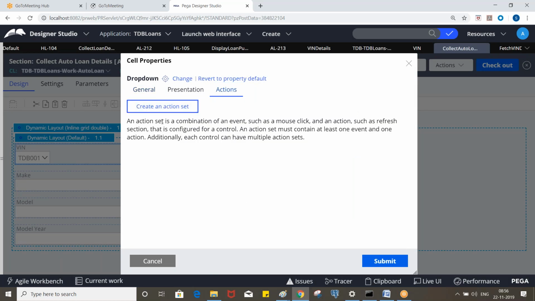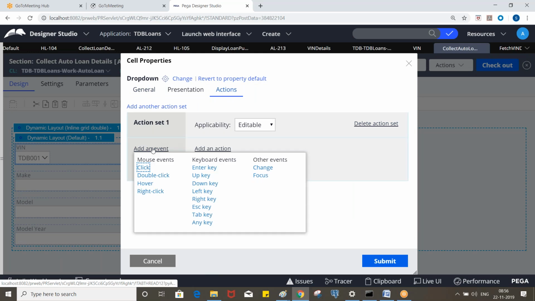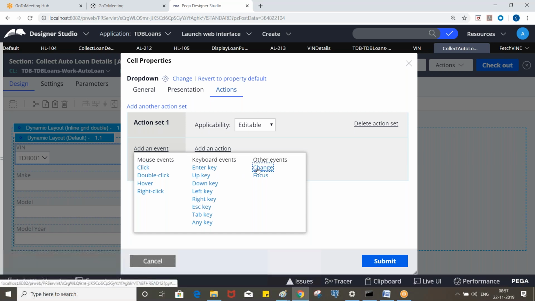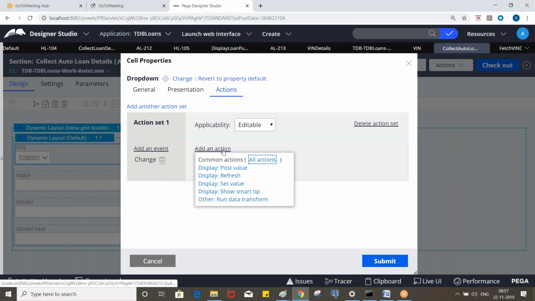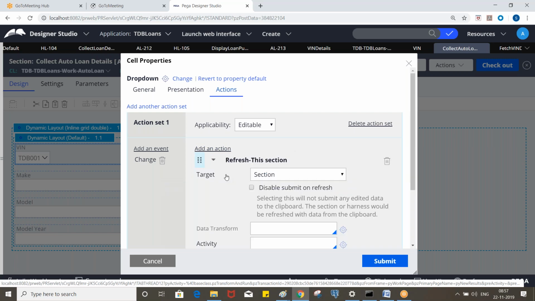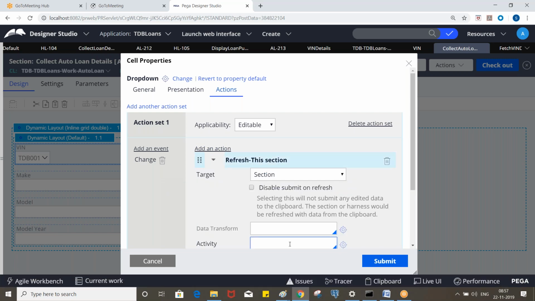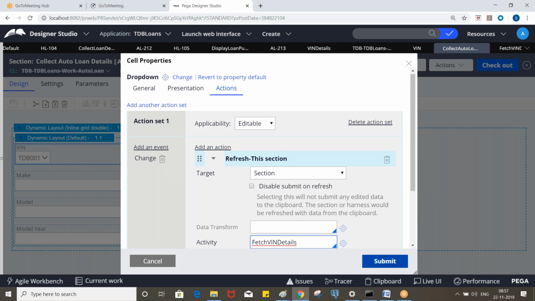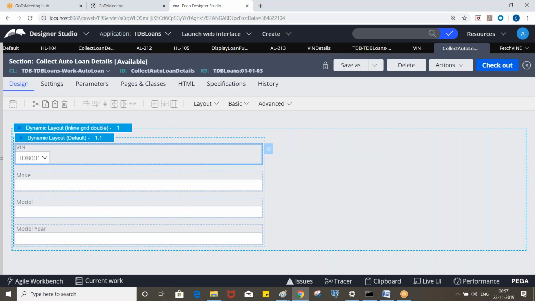Whenever the property value changes, it has to be executed. The event performed by the user is change, and the action performed by the system is action. Here we need to call fetch win details. So whenever you change the value, it will refresh, execute the corresponding activity and fetch the details.